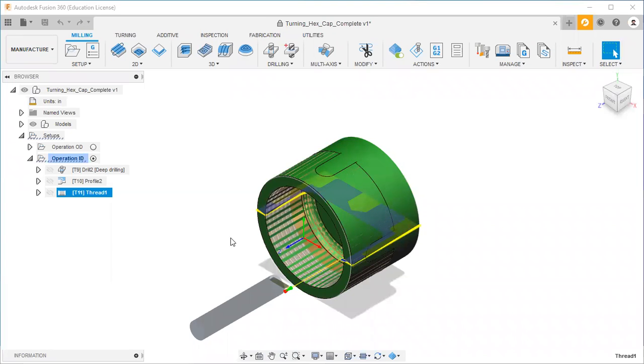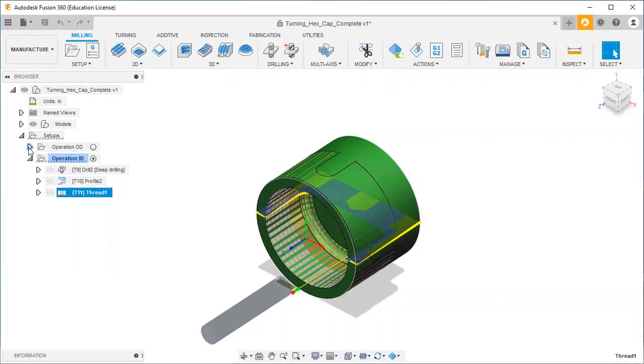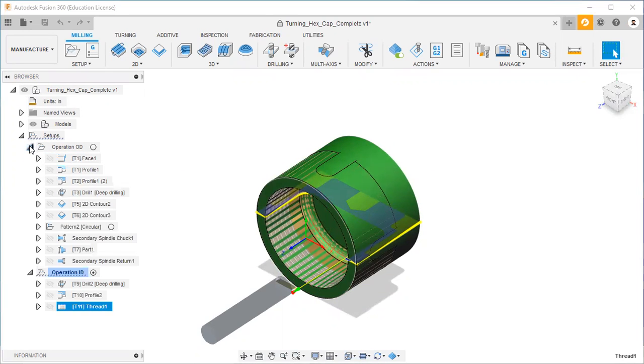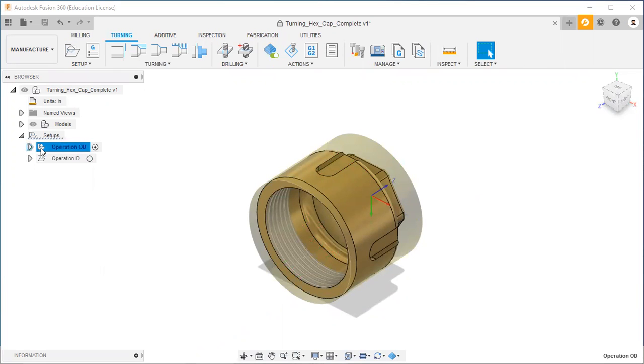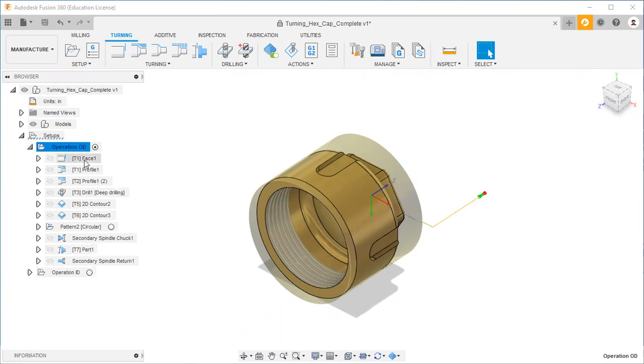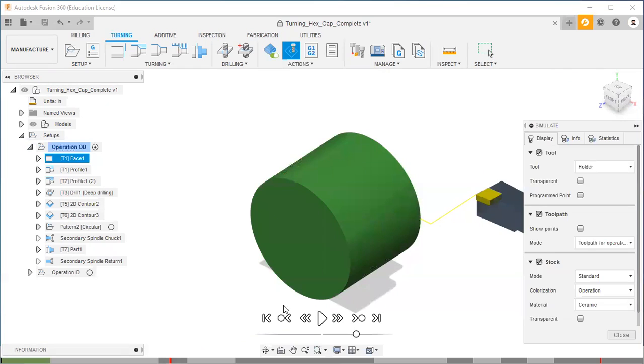So welcome again. This is another video of turning hexagonal cap. Okay. So here I will activate this operation. Here you can see two operations: operation OD, outer diameter, and operation ID, inner diameter. Okay. So I will click this and then go to actions and then click simulate